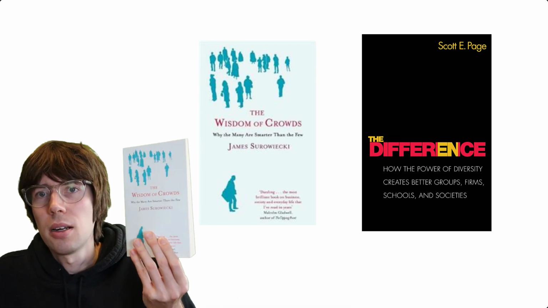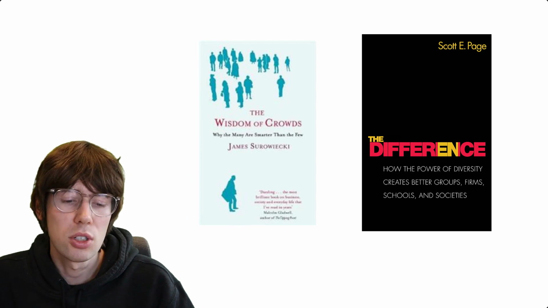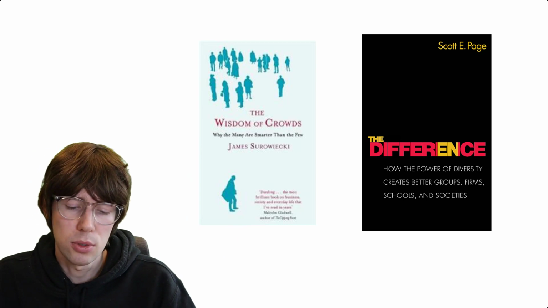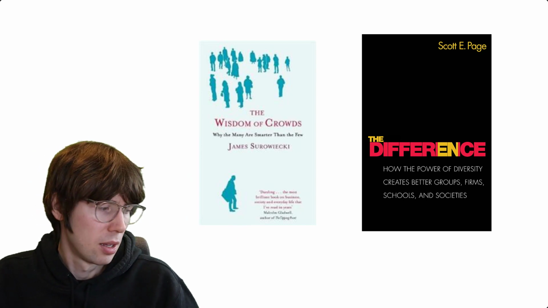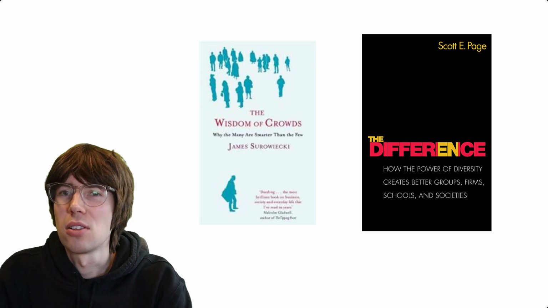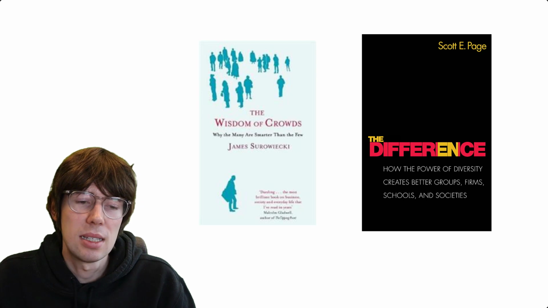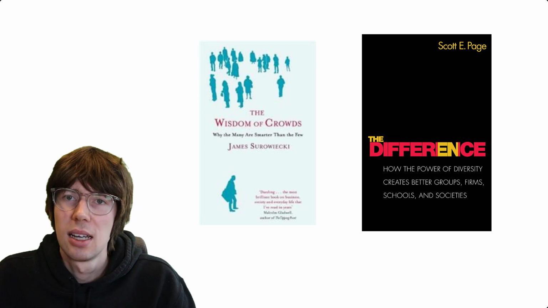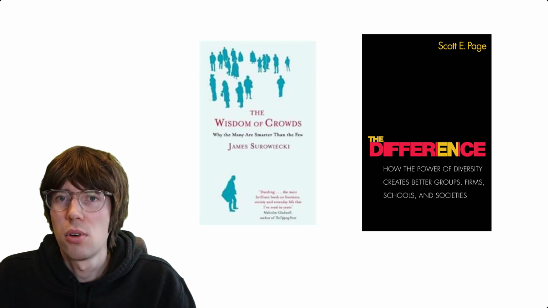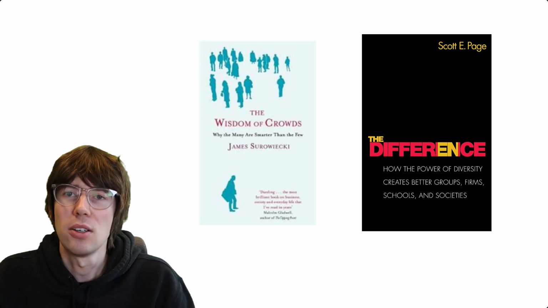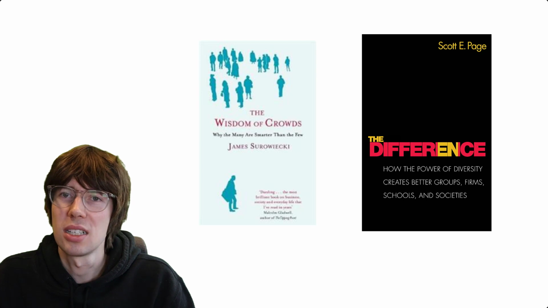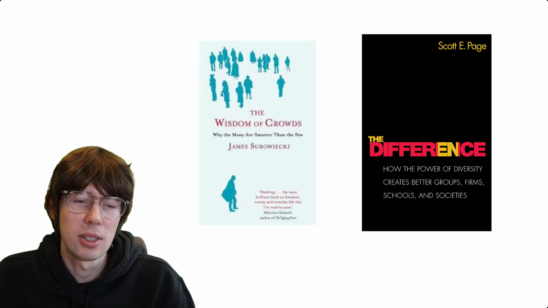I have it right here. Wisdom of Crowds: Why the Many Are Smarter Than the Few, by James Surowiecki. It's very similar to Malcolm Gladwell's book Outliers. James Surowiecki takes many different cases and looks at where a diverse group of independent individuals together have managed to come up with really accurate predictions. So that's a definite read.